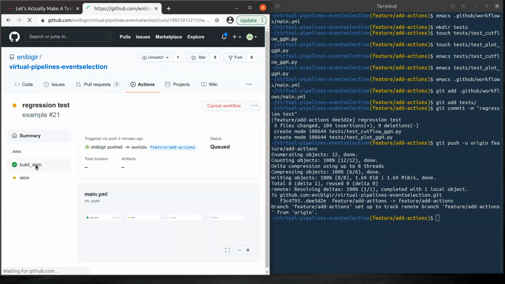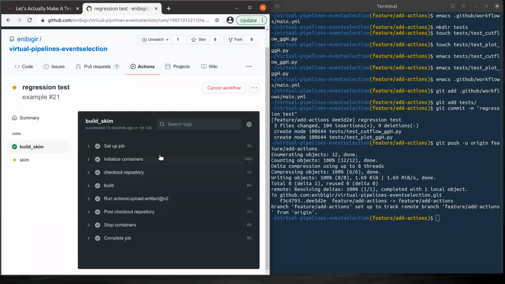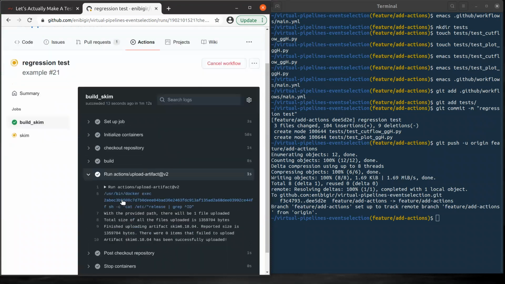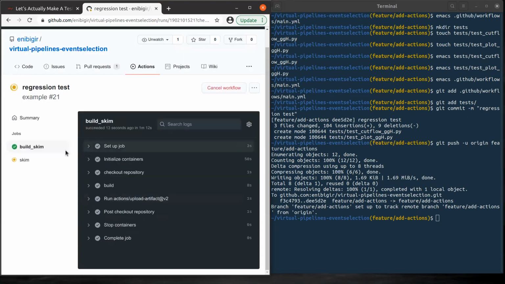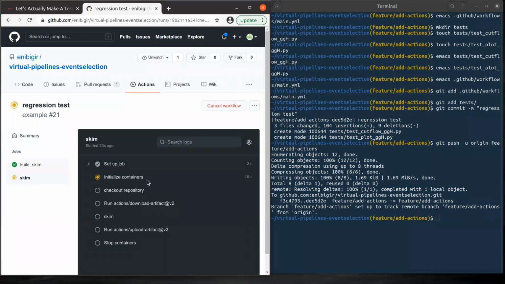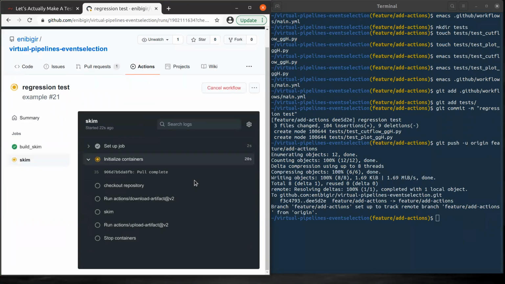So the build finished successfully. Let's check the, okay, we have an artifact. Great. Let's check the scheme now. It's initializing the container.